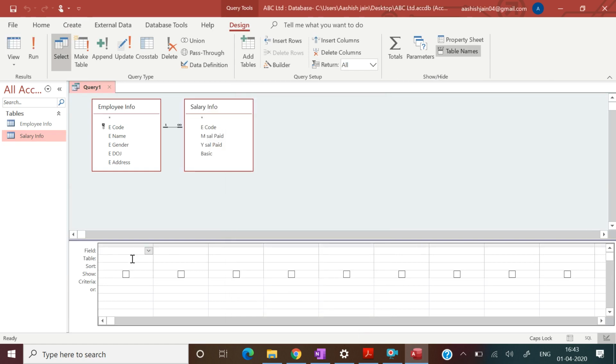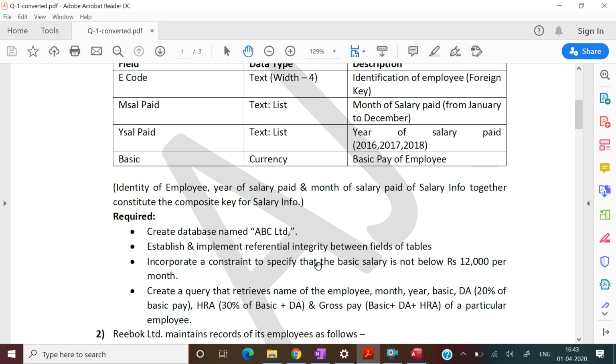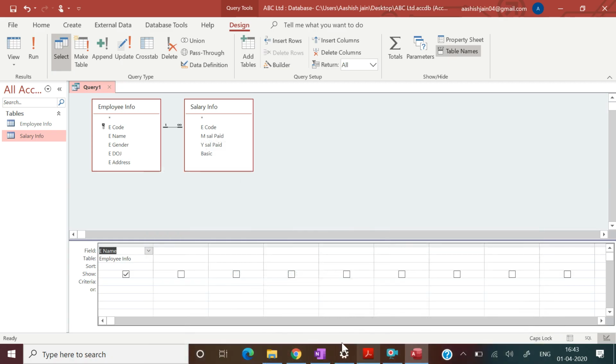First we need the employee name, which comes from the employee information table, e name. Then month, year, basic, all from the salary information table.